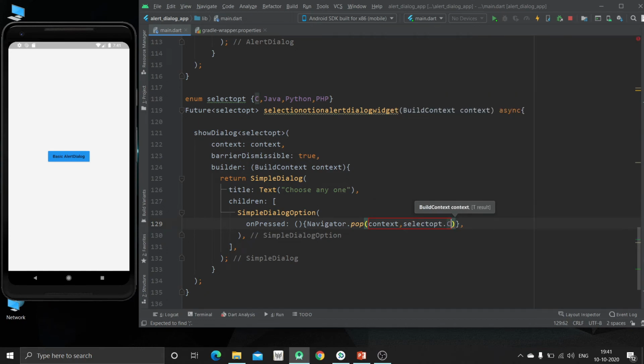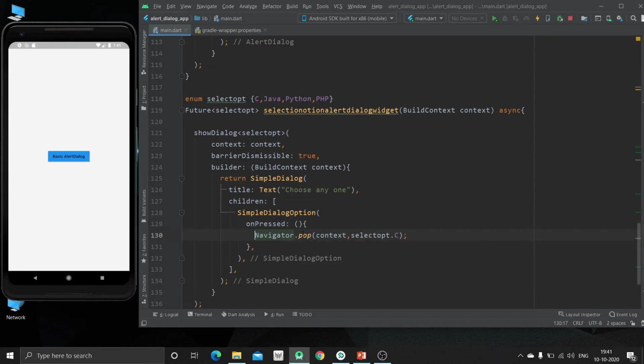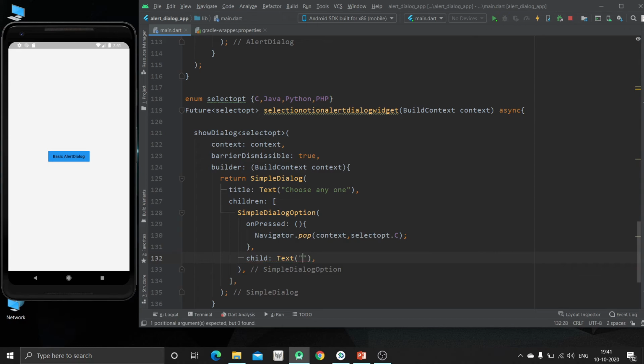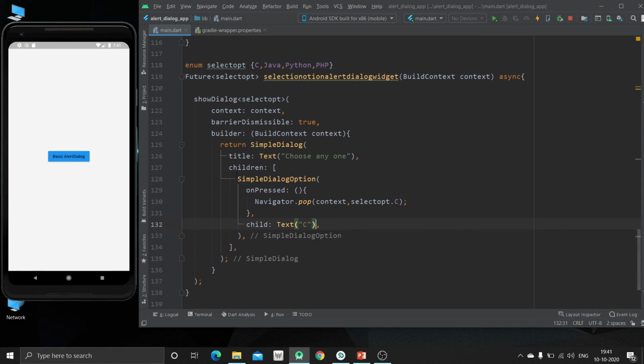This is for the first one. Now we are going to create child. We also have to provide what the user is selecting. So this is for C.